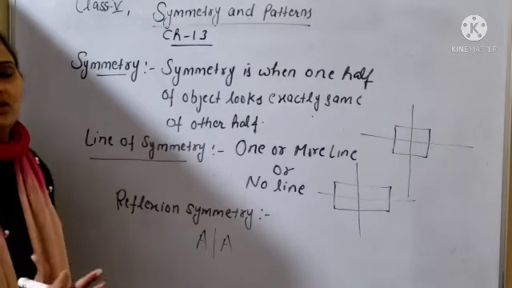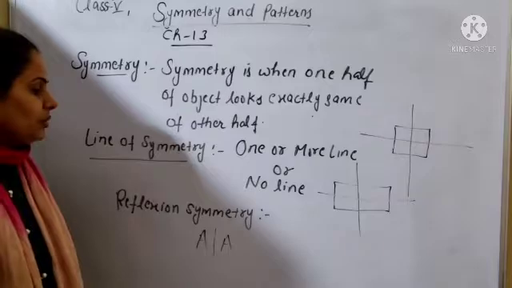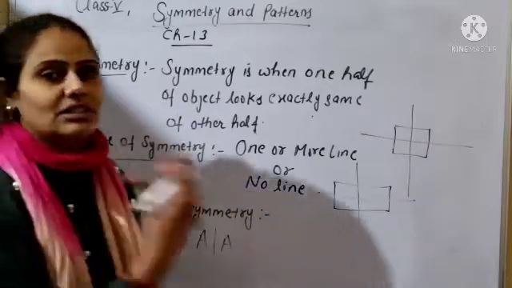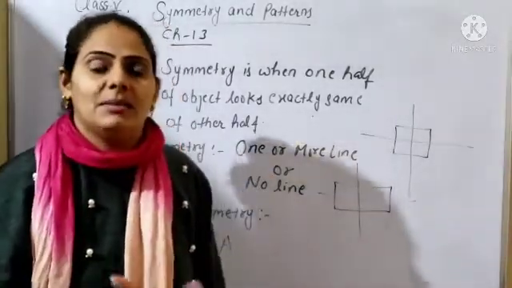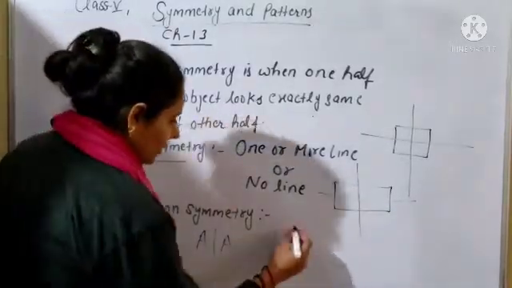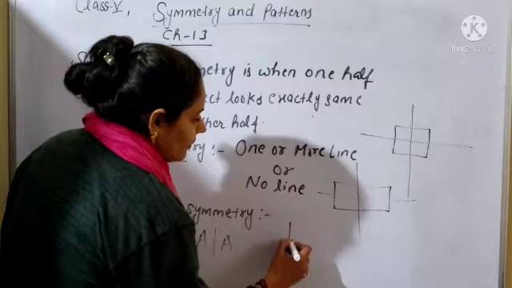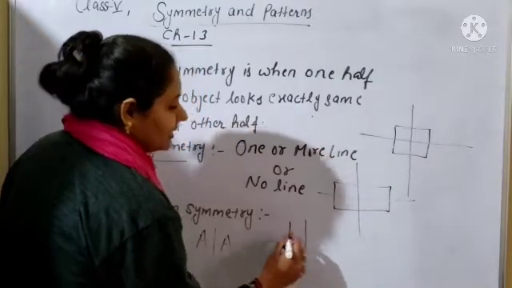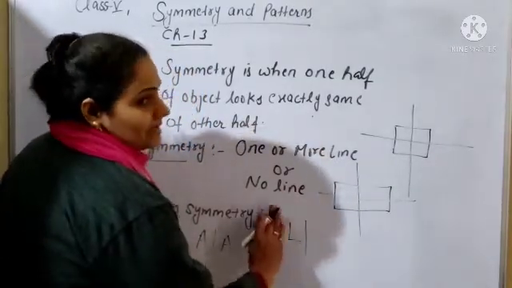What will be the reflection of the image, and what will be the shape you will see in the reflection after seeing in the mirror image. Okay, so this is called the reflection symmetry. For example, if you have the shape of L and when you look in the mirror, that means the reflection image.